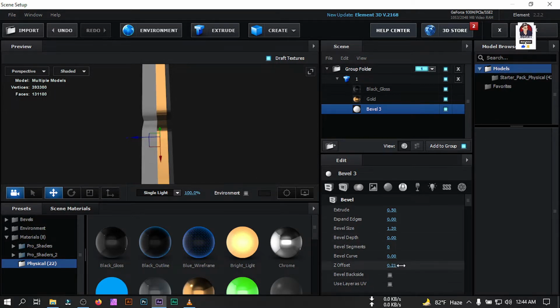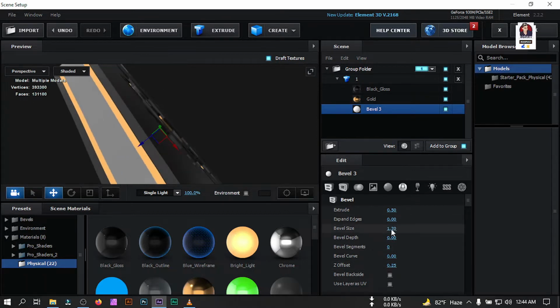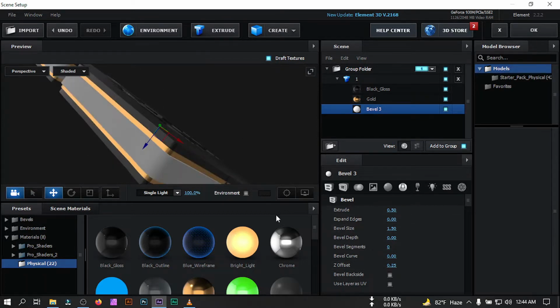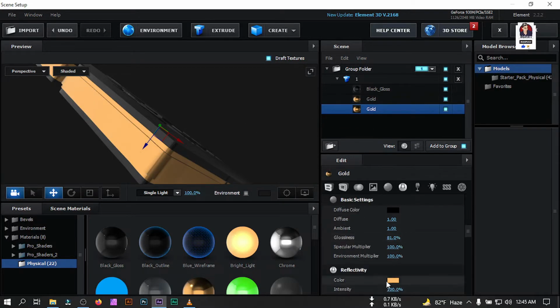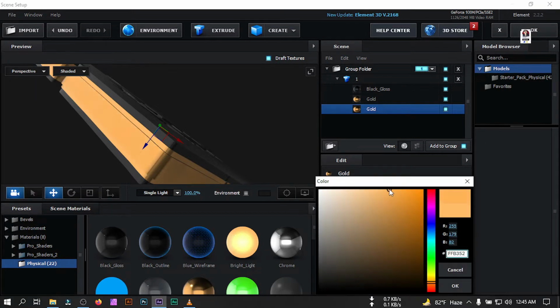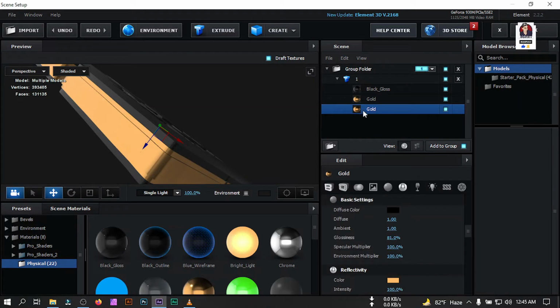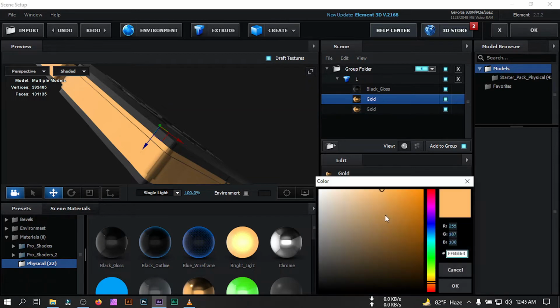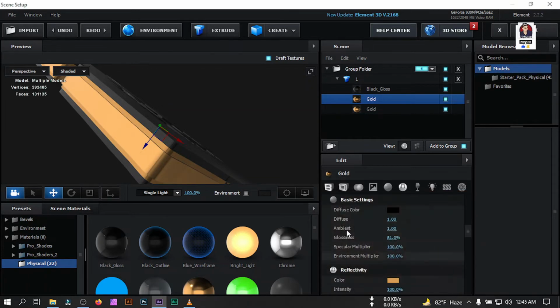Let's drag this Z offset to the center. Let's make it 1.5 and now again drag this gold material to here and click here, then make it color something like this and select this, make this color a little bit darker, then hit OK.